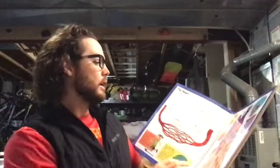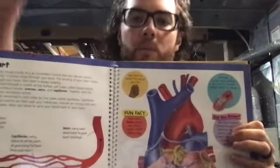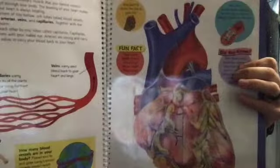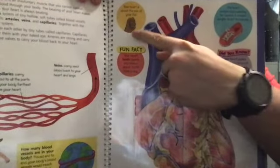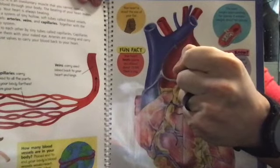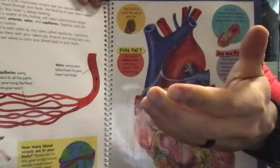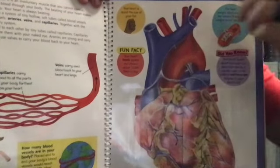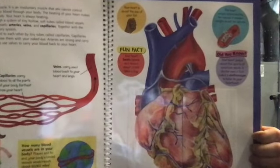Kind of cool. All right, let me show you this big old picture of our heart here. Move my camera down. Okay. Fun facts about our heart. If you make a fist, that's about the size of your heart. So if your fist is smaller, well, your heart's smaller. It will get bigger, though. I promise. Also, your heart beats 10,000 times a day,